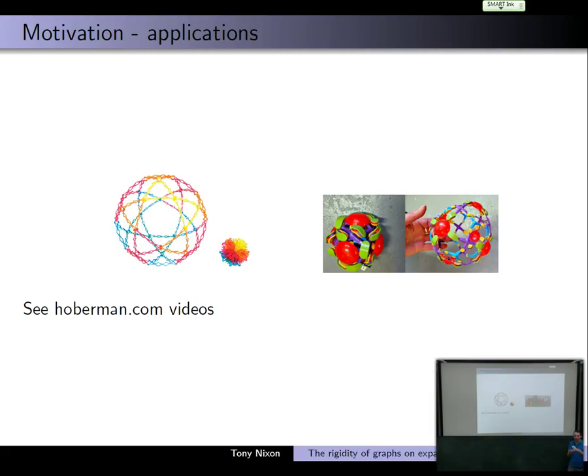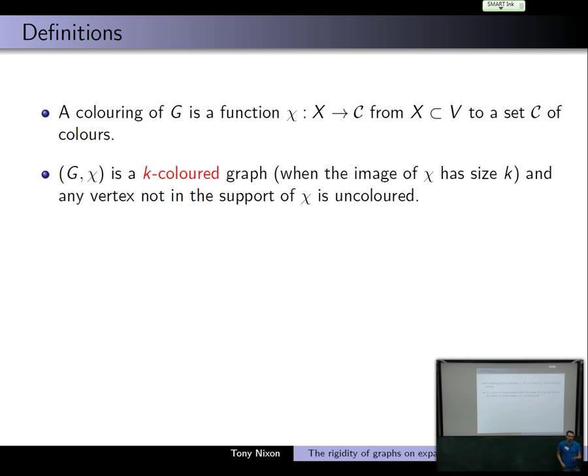So the inner one is expanded at a faster rate, and at the outside, they're both almost the same sphere because they're expanding at different rates. And then there's the more complicated version where it's not just points and edges. These are more complicated shapes, but a similar sort of idea. So these mathematical toys are one of the motivations. I'll tell you another in a couple of slides' time, but first I want to set up some of the